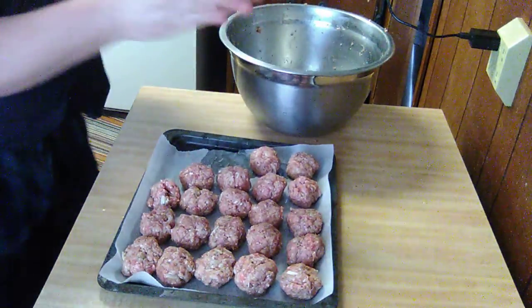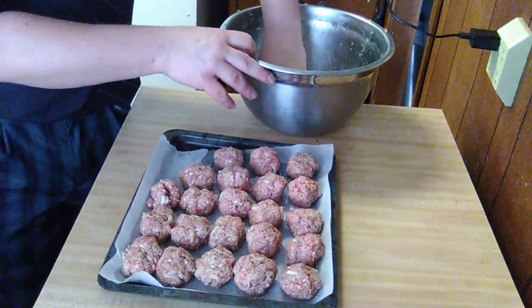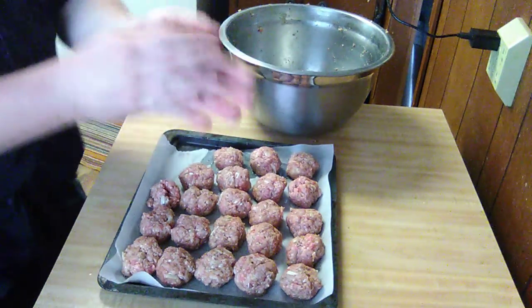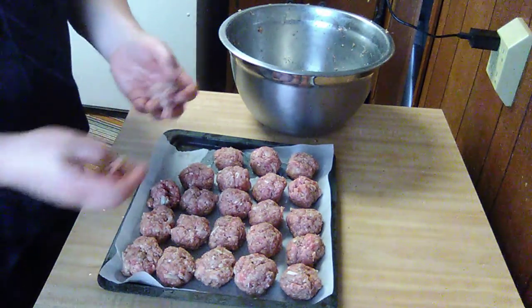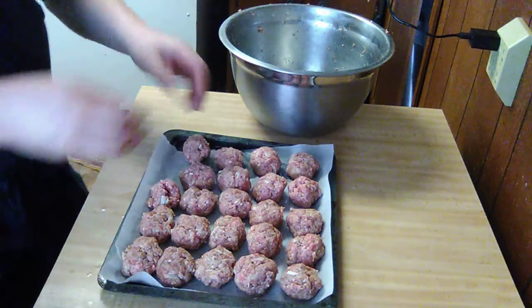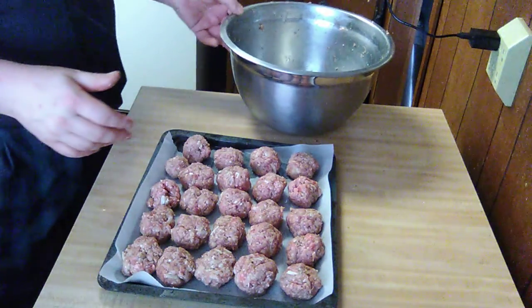And this will make quite a bit. This recipe will. Now, if you don't want to fix that much, you can certainly divide it in half. Now, this is going to be a whole lot more than what we could eat around here. You can take this to a church gathering. You can use it for a fundraiser, a benefit. You can take it anywhere